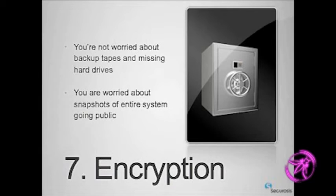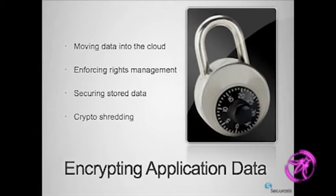Encryption is your friend. The question is where you're going to do it. Obviously, you're going to do it if you're moving data up to the cloud. So there are SSL capabilities for every single cloud provider that's out there. How you enforce rights management, probably going to be through certificates. The data that you leave there can be stored in a number of different ways. The two ways we see most commonly are volume encryption like TrueCrypt, or transparent encryption like Vormetric on the file system side, or built into some of the databases like IBM and Oracle on the database side. And then once again,